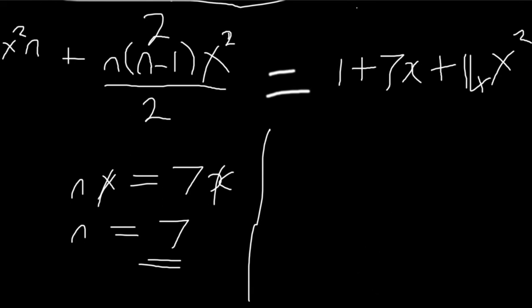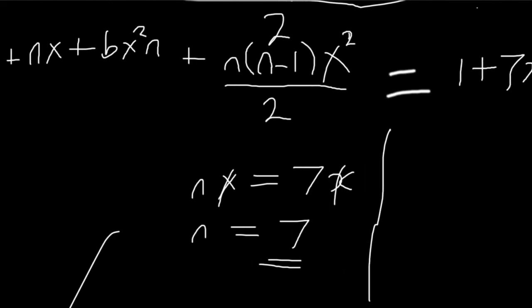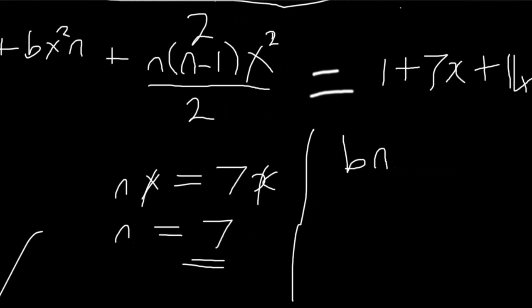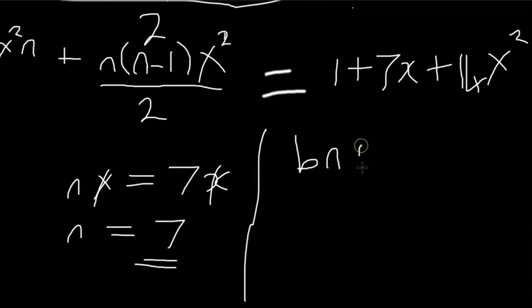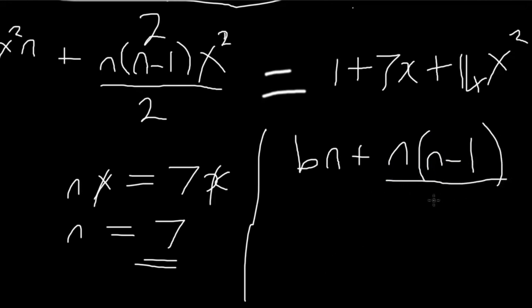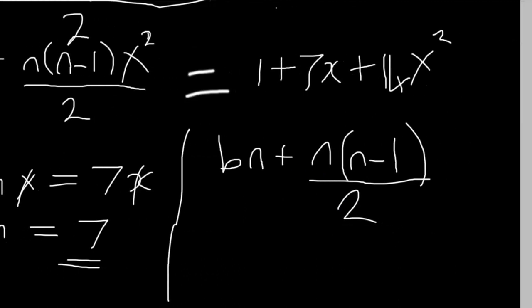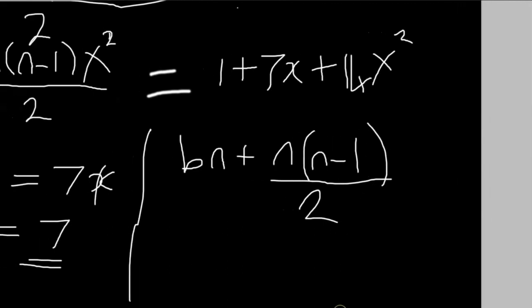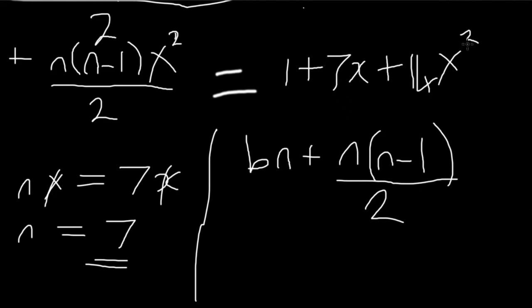So how do we find the value of b? We get the coefficients of x squared. So this side, the coefficient of x squared is bn. So the coefficient of x squared on that term is bn plus n, and then n minus 1 over 2. So these are coefficients of x squared. We also come this side, we check the coefficients of x squared, which is just 14. So this side we're just getting 14,